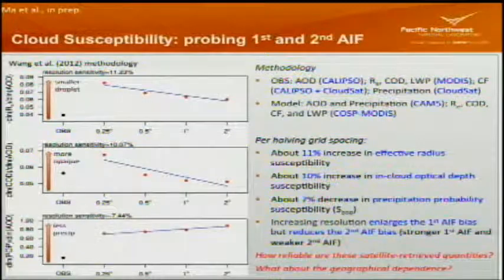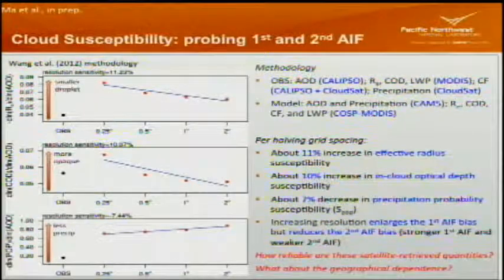And you can see that the observation shows that the real world, let's say, has a much weaker or smaller cloud susceptibility to aerosol forcing as compared to the models. And this term, the precipitation probability susceptibility, has an order of magnitude larger susceptibility compared to these two terms. So you can see that actually the second indirect effect is dominating, is overwhelming